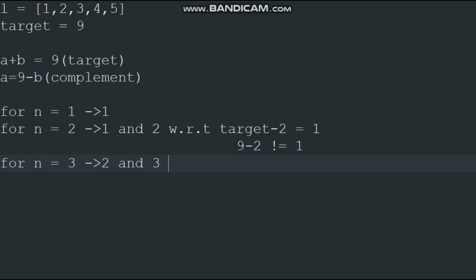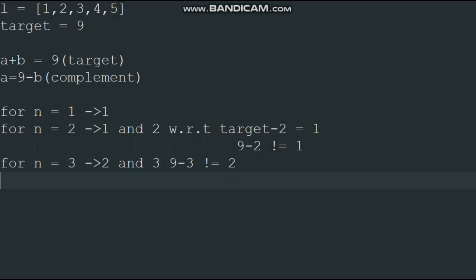So again 9 minus 3, 9 minus 3 will not be equal to 2, because the last element is 2 and the new element which is coming in the third iteration is 3. For the new iteration the value is 3 and the previous value was 2. So target minus the new element is not complementing each other. That is why our problem is not yet solved.